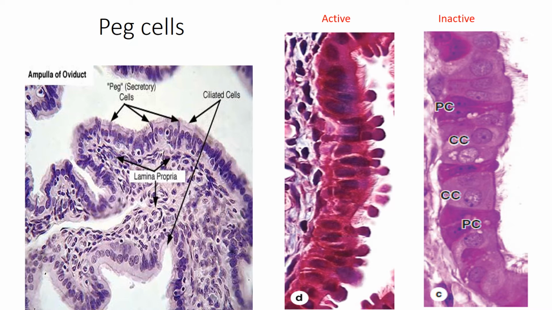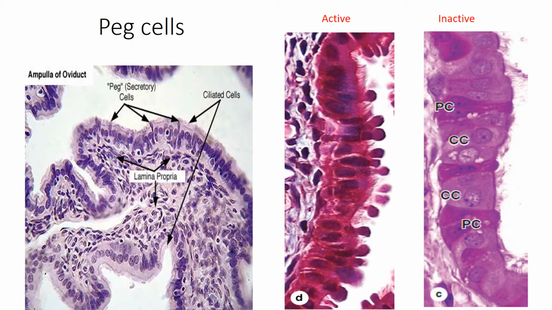Even the cilia are more prominent. So there is an increasing number of cilia, increasing number of cells, and increasing secretion. That is because of the initial phase, under the influence of the corpus luteum, or the progesterone